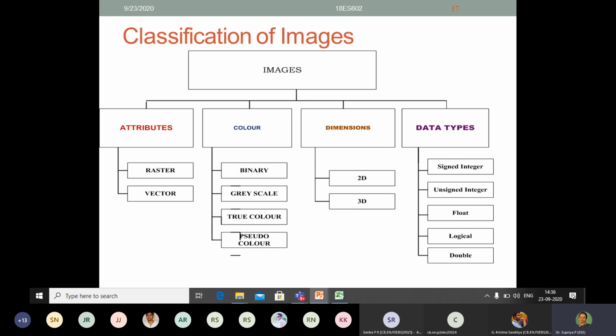So we will first start with the first type of attribute, namely the raster or the vector type of images. Then we will go on to the color type of images. Dimensions and data types we are not going to discuss, because data types is a problem that we will be handling through the lab implementation. So let us go on to the